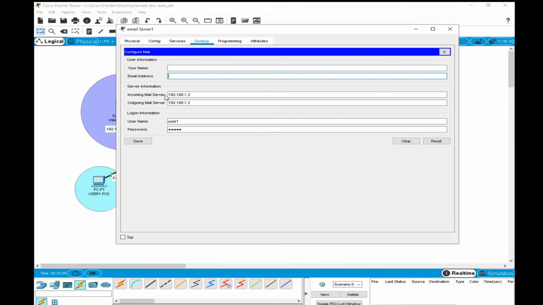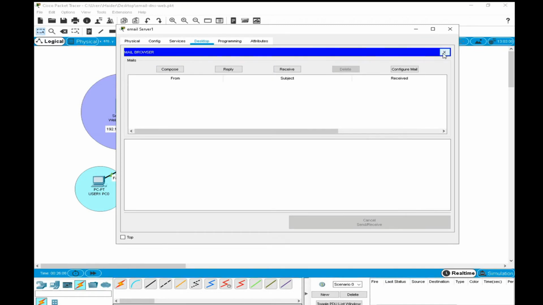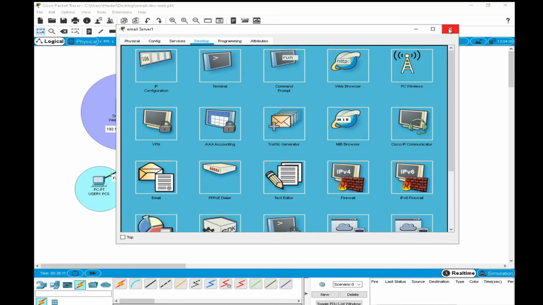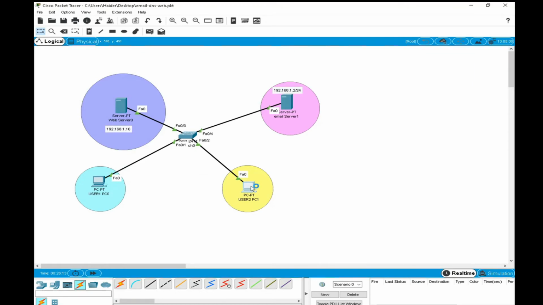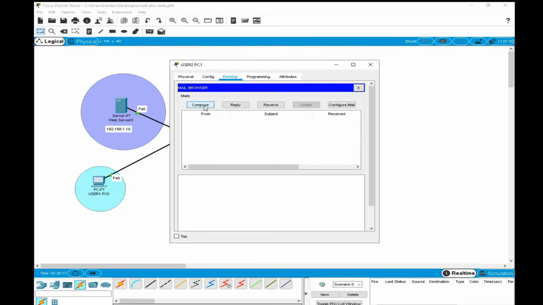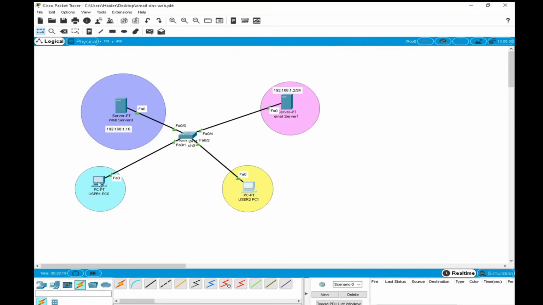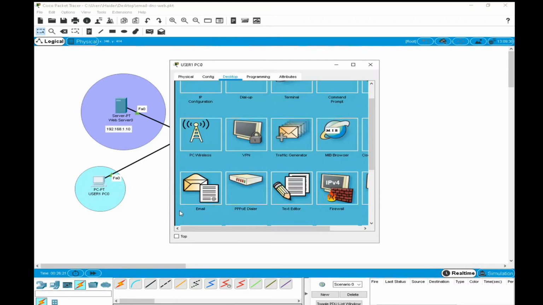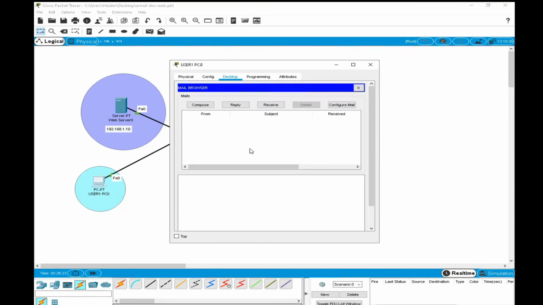This no need, this no need. Now email, compose. Now you can see email. Now I need to compose the email.